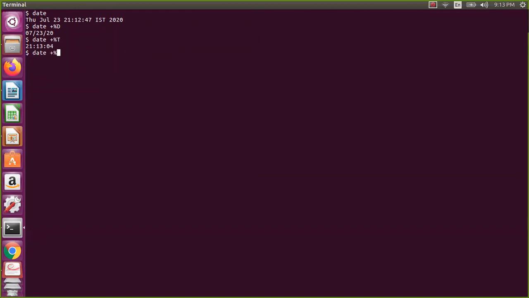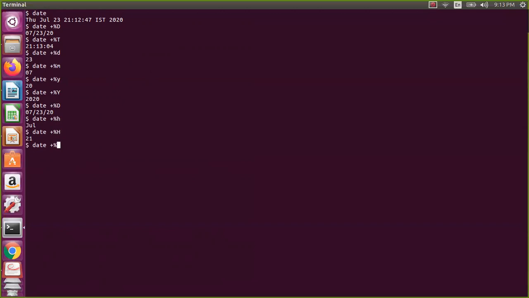So something like percent %d, only date it will give, and then month, and year. If you want capital Y, it will give 2020. Experiment with capital D also, so it will give the complete thing. Then hour, minute, second: small h is July, but capital H is hour.